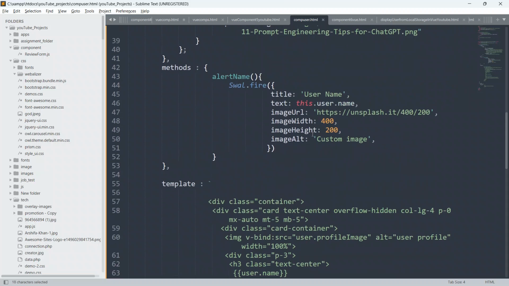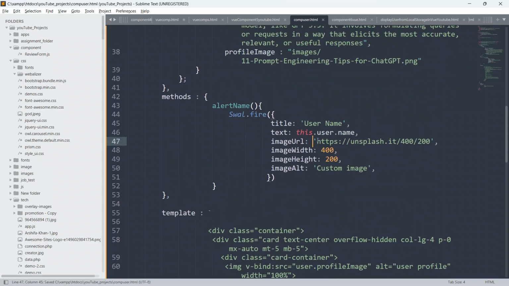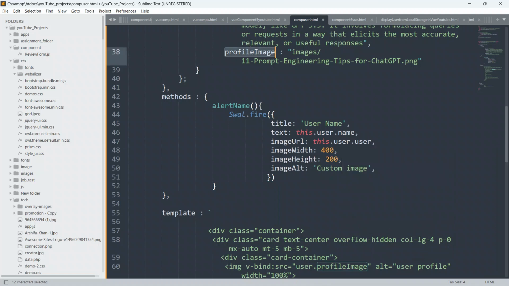We will also display the image here, so copy the profile image property from here and paste it here, so there will be no scope for any error or bugs in our code.